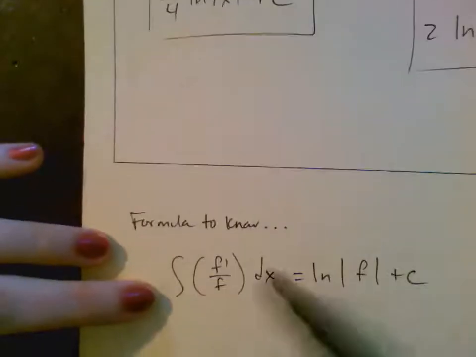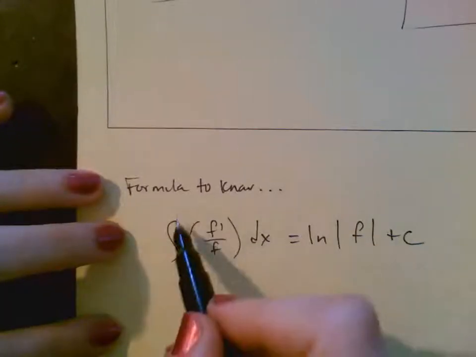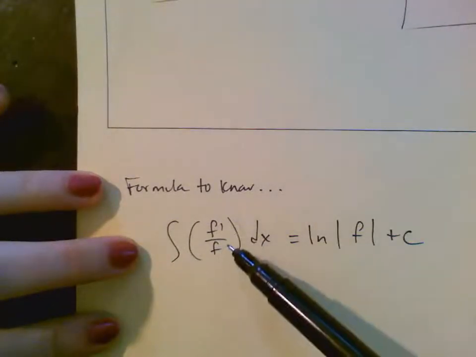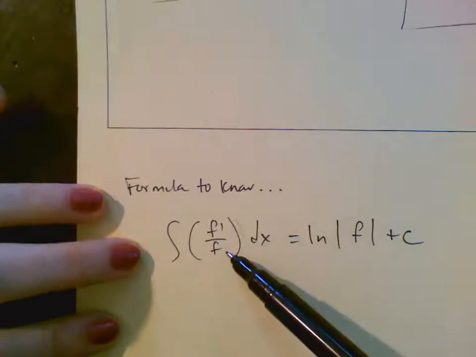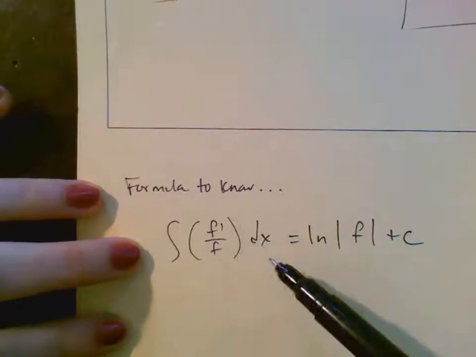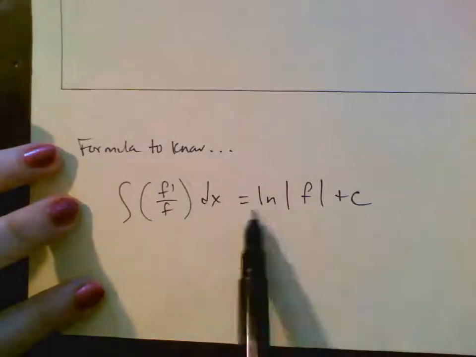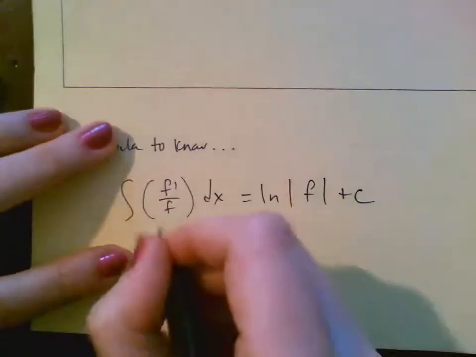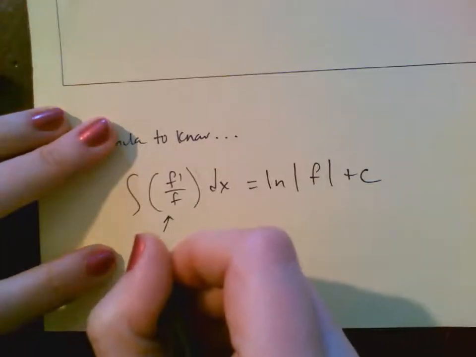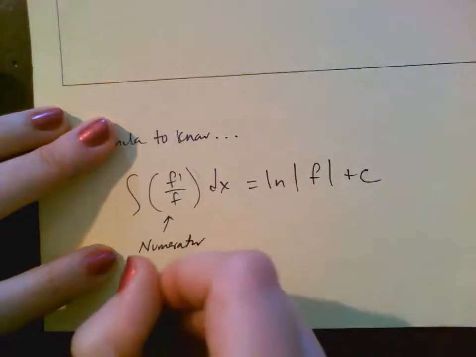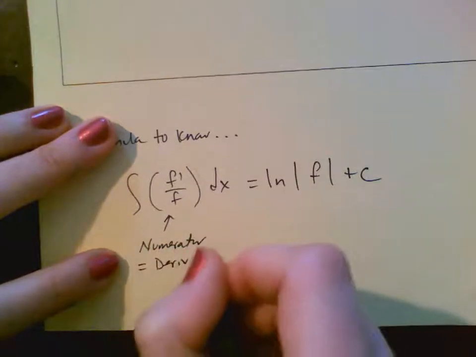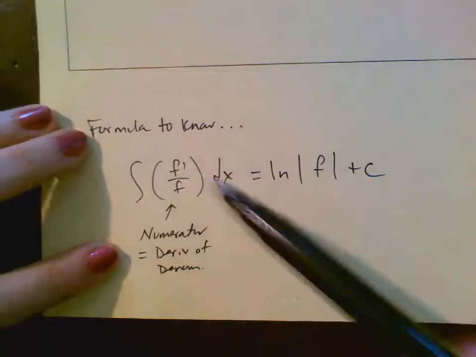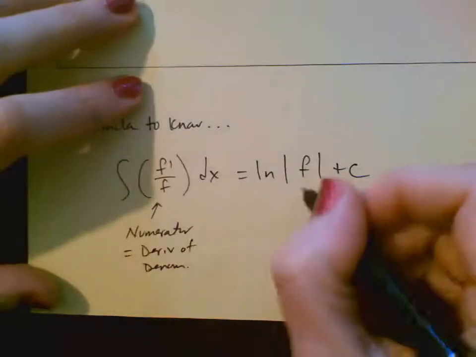So here's a formula to know. I call it the f prime over f formula. If you're taking the antiderivative of some input and the numerator is the derivative of the denominator, then its antiderivative is given by this formula: natural log absolute value of f plus c. So here we have numerator equals the derivative of the denominator. So if you're taking the integral or the antiderivative of something like that, then,